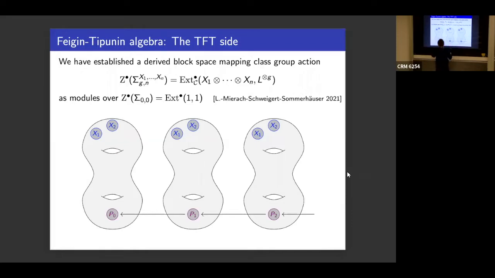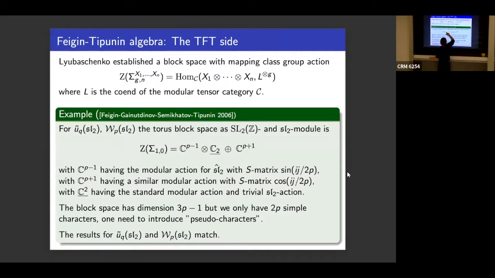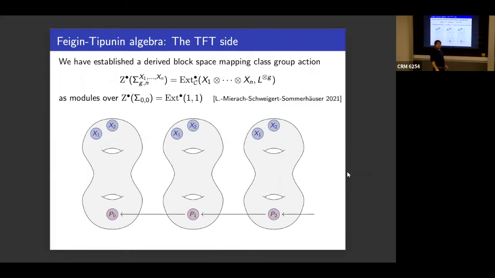In this we have basically just taken this previous definition here and replaced Hom now by Ext. And now, of course, you have to prove that there's an action of the mapping class group on this higher Ext group. It's a non-symmetrical category, we have Ext lying around, why not use it? So basically the construction goes as follows: you drill another hole and you put a projective resolution, and then you take the cohomology of this complex, and then you have an action of a higher mapping class group. Then you have to prove that up to homotopy this factors down to the mapping class group you want. You have to prove that anything you do that involves this guy is homotopically trivial. So you get a sort of derived version of this Lyubashenko construction in general.